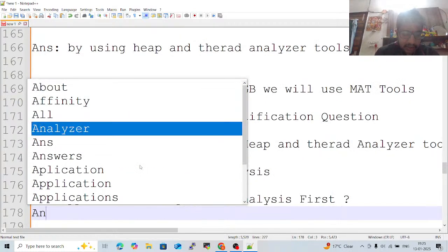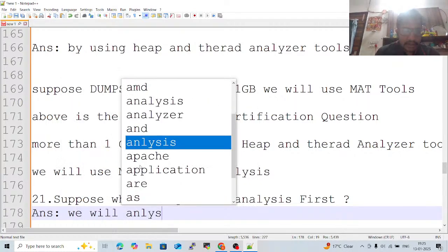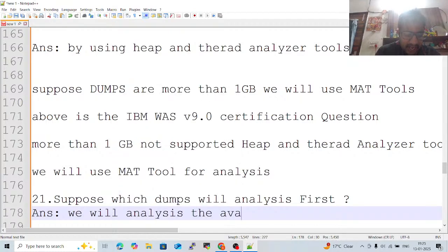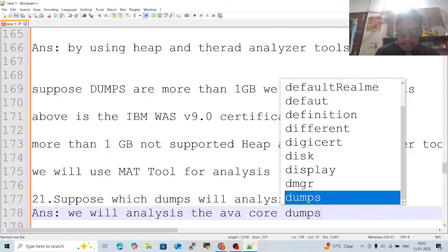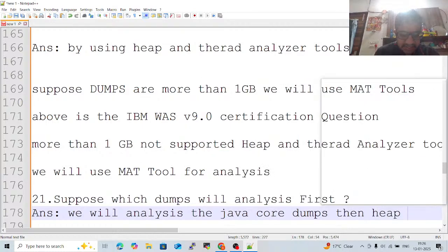That means we will analyze the Java core dumps first. Okay, Java core dumps, then heap dumps. Okay,